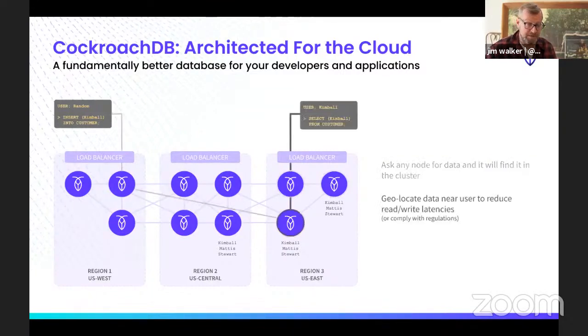We do this because, well, this user is actually Kimball. They want their data, and they're in Europe all the time. So we can locate data close to that user to really reduce these read-write latencies. That's kind of a unique thing of what we're doing. But again, a core concept in understanding distributed systems, in terms of dealing with latencies, is how you tie data to a location and make sure that we are meeting these latency requirements of our applications, right? So that's CockroachDB in a nutshell, in terms of some of the high-level things